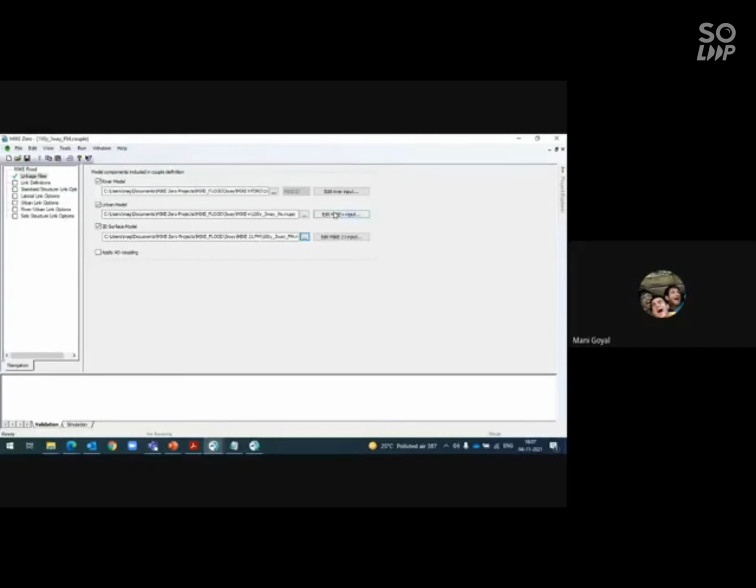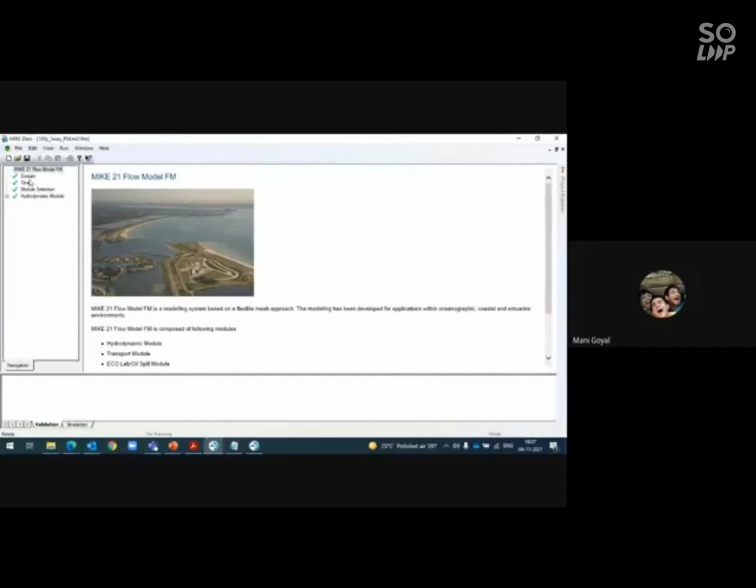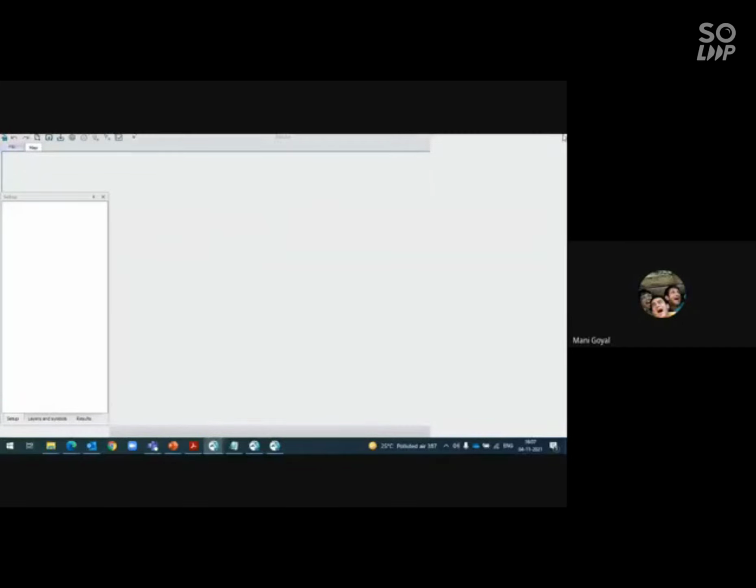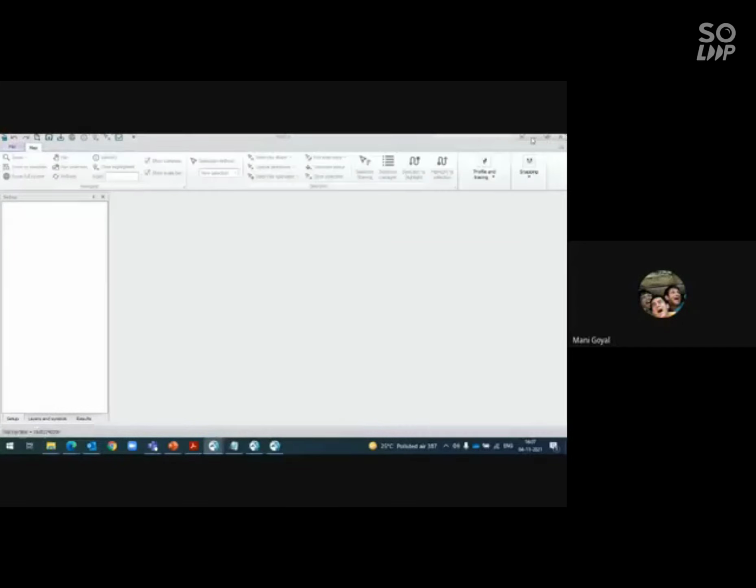If I go to, oh, this is opening the MIKE+ thing, the urban model. Okay, if I go to edit M21 input, I'll quickly explain, so this is for the .m21 FM 2D domain. This is in the form of .mesh. You can see the river part is excluded from the mesh, and you need to prepare this in your mesh generator .mdf file. I'll explain MIKE+ also, the urban model.